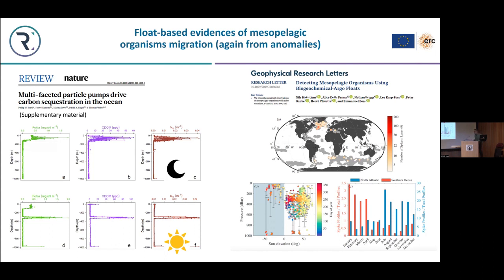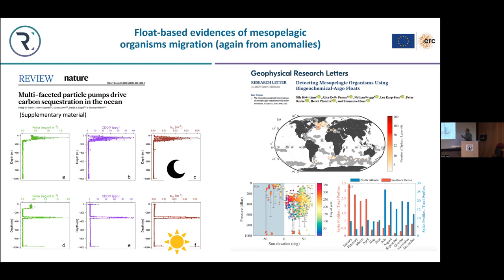I will not go into detail on how we resolve this, but you can see as a conclusion, as a utilization of this signal, Niels Enchen was able, as a function of sun elevation and depth, to use all the data so far acquired by high float measuring particle with high resolution to showcase that we have a migration signal at large scale. And when we compare the Southern Ocean and the Atlantic Ocean, the proportion of spike of signal of migration in the North Atlantic in red, the scale is 3.5, and it's 1 order of magnitude more in the Southern Ocean.